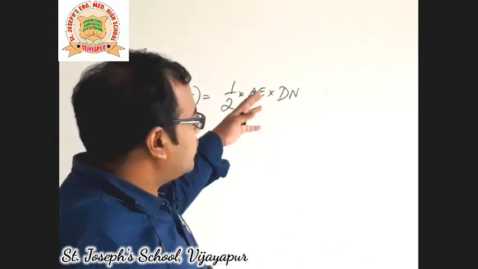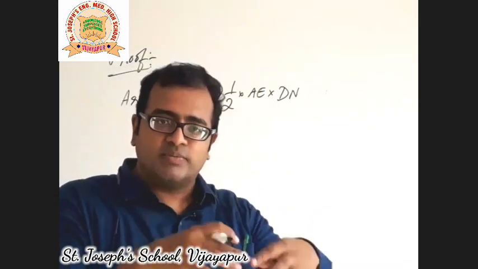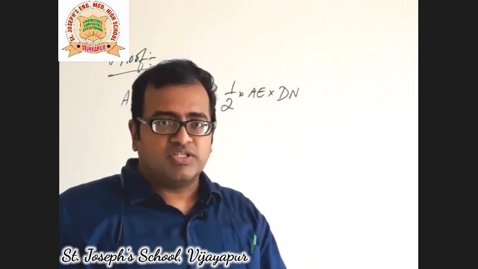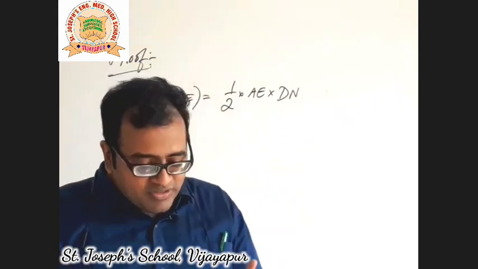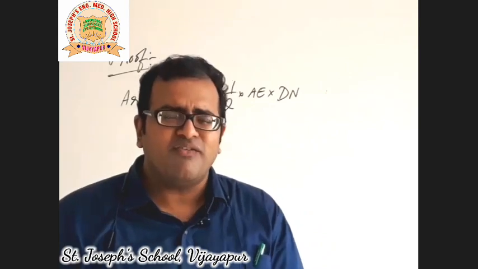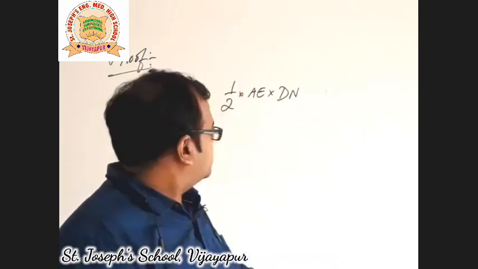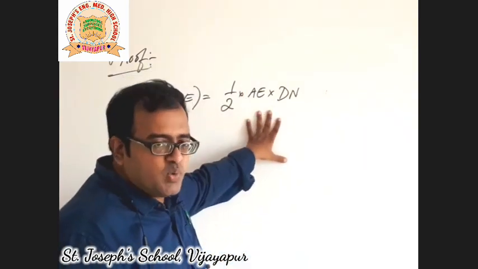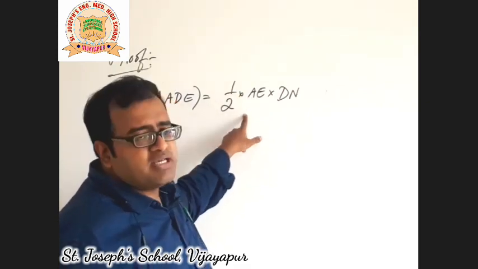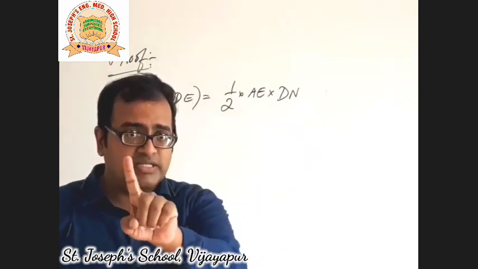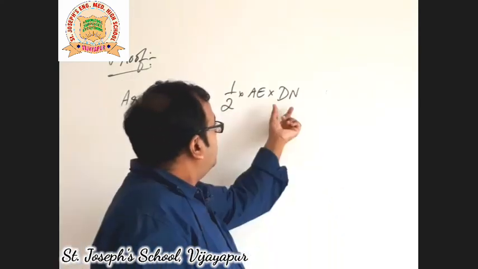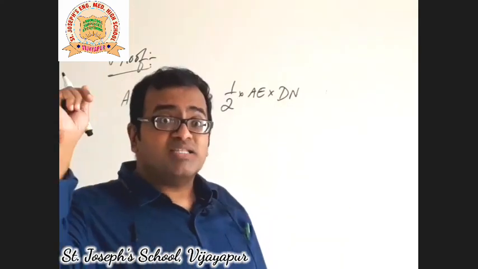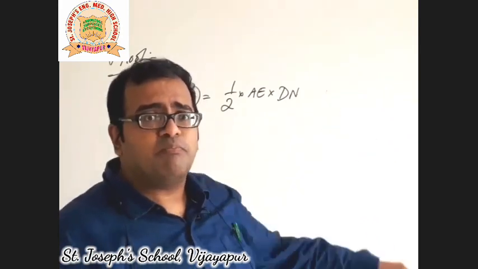So we need to write the reasons for every step, right? I'm not mentioning the reasons here. In the description I will write it. You can just check the description once. But at every step you are supposed to write the reason. Every theorem must have a logical reasoning. Every step has a logical reason. So here are the two logical reasons. One, the area of a triangle is half into base into height. Another, why is it AE? Because AE is the base. Why is it DN? Because by the construction, we have drawn it perpendicular.